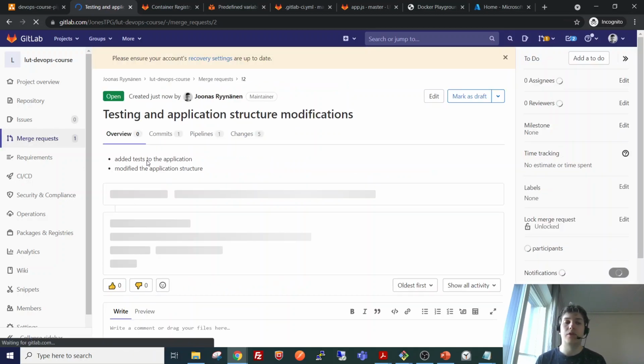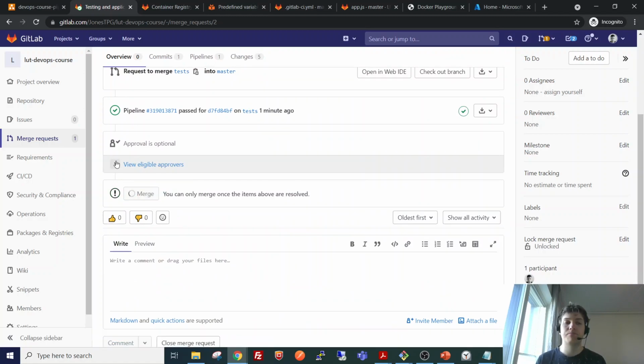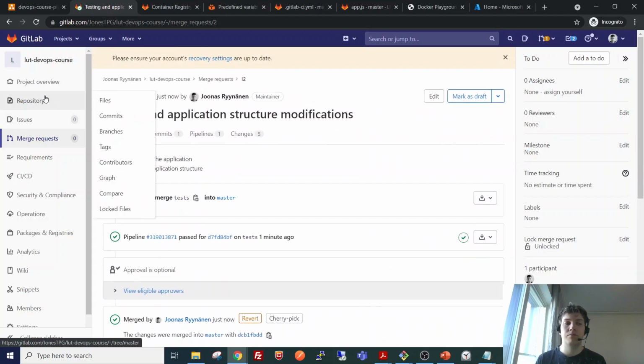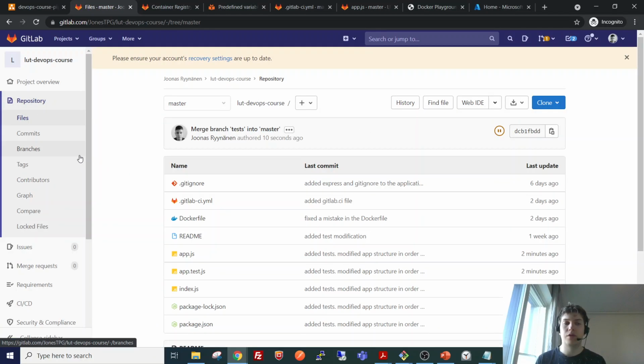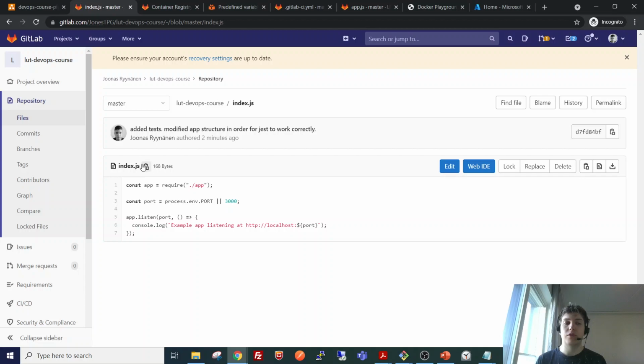So now we created the merge request, and we can go ahead and merge the branch. Now when we go to the master branch, here we can see our new files, and everything seems to be working as intended.